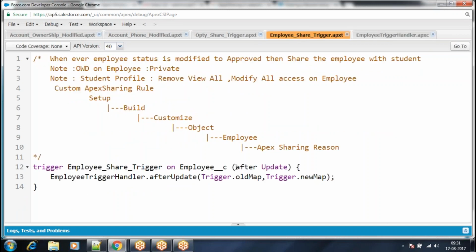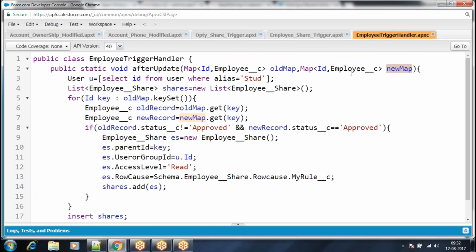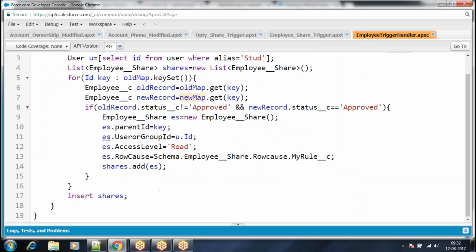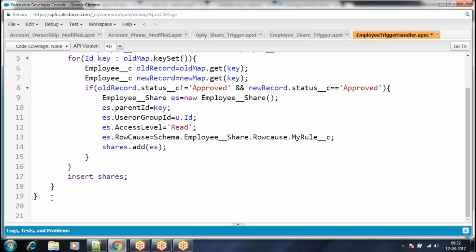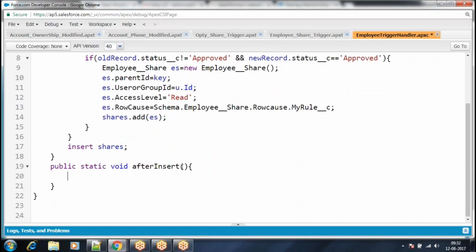Here, the same I want to write for after insert also. What is that? After insert. If it is after insert, I am going to write one more method. Same, public static void. If it is after insert, the list of new records which you inserted will be passed here. I can pass IDs or anything of my choice. What I can do, list of